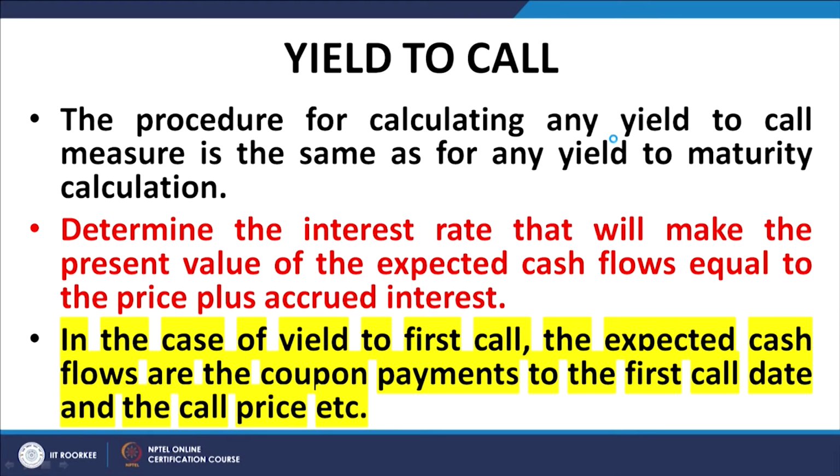A call option is a choice, a discretion which is vested in the holder of the option, which in this case is the issuer of the security, that he can buy back the instrument at a price which is predetermined. The price at which the call option can be exercised would be mentioned in the contract of issue. You cannot on one fine morning get up and say, okay, I will buy back the bonds at this particular price. You have to specify it as part of the contract of issue that these bonds